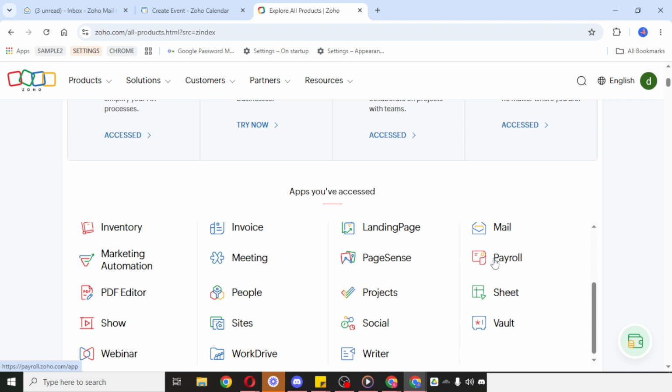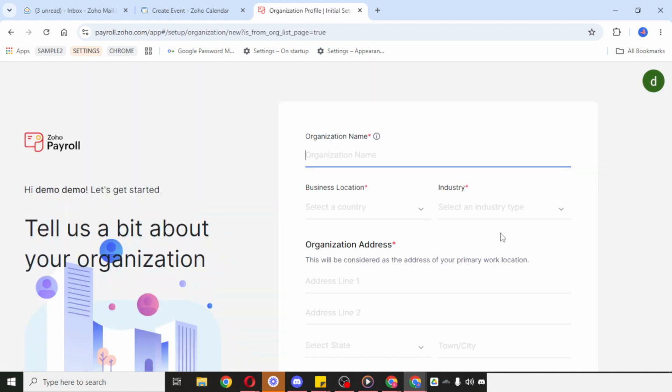From there, locate Payroll. Take a moment to scan through the available apps until you find it, then click to open it. This will take you into the Zoho Payroll area, where you may be asked to enter the necessary details before continuing. Go ahead and fill in the requested information carefully.